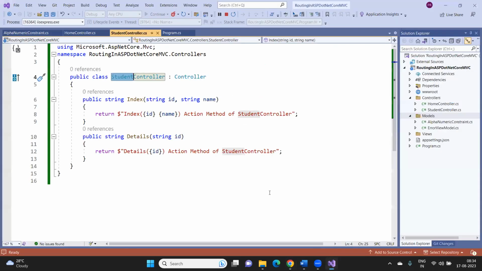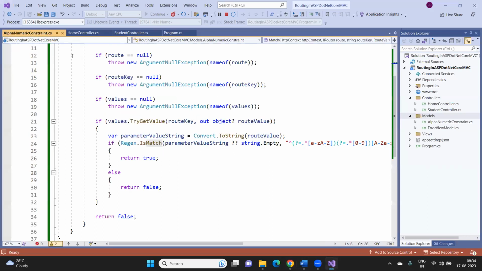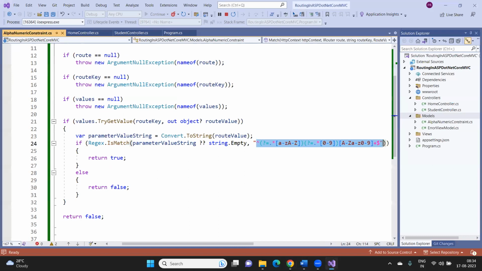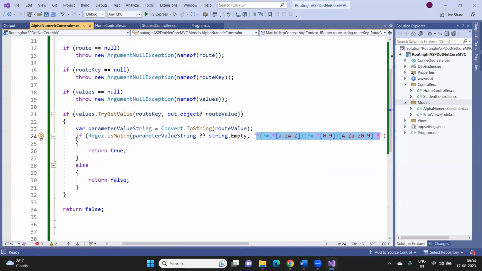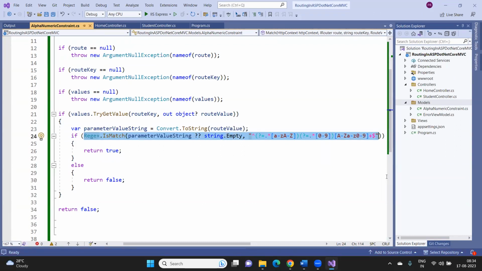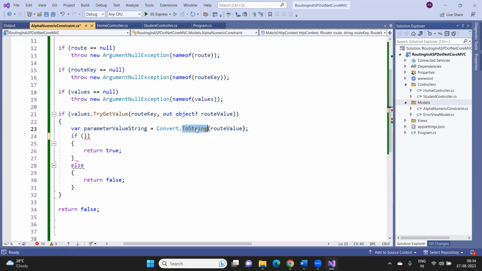So in that case, any regex you want, for email ID validation, you can make use of the pattern here. Mobile number validation is also possible. If you want to check whether an integer value is within a particular range or not, that is also possible. How? Let me change this pattern. I'm checking that it should accept only integer values, and in that case convert that to int